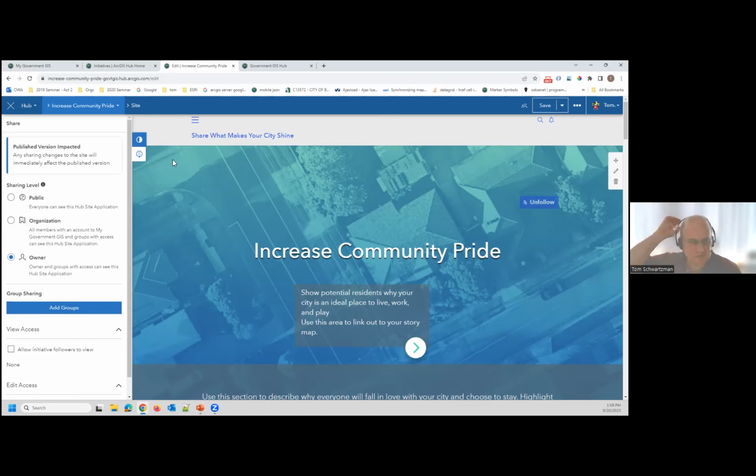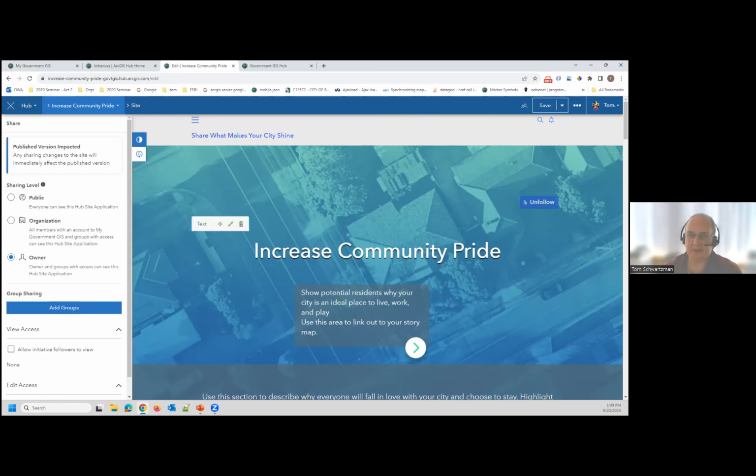So I think as Erica showed, she had some pages that were maybe organization only, meaning you need to be logged in before you see them. And so she had some links across the top in her header, linking to the other pages. And as a public user, you might see 3 of them that were public, but as a logged in user, you might see 5 of them because those last 2 pages were shared only with the organization. I'm not sure that's exactly what Erica did, but that's just an example of how you might do that.